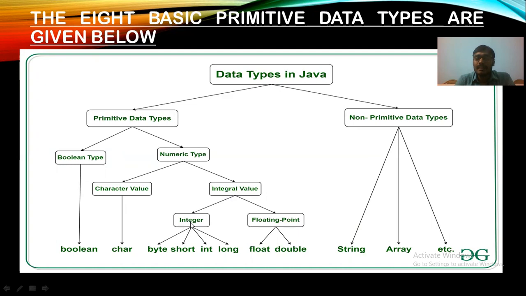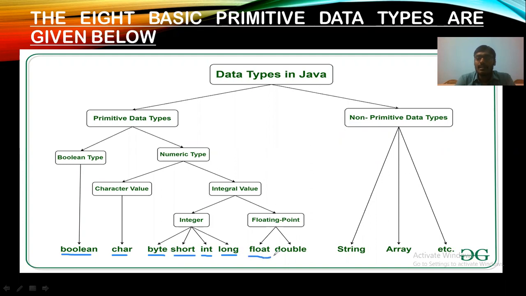Integer is classified into byte, short, int and long, and floating point is divided into two types, float and double. So you can see how many data types you have to study. We have to study Boolean, character, byte, short, int, long, float, and double.